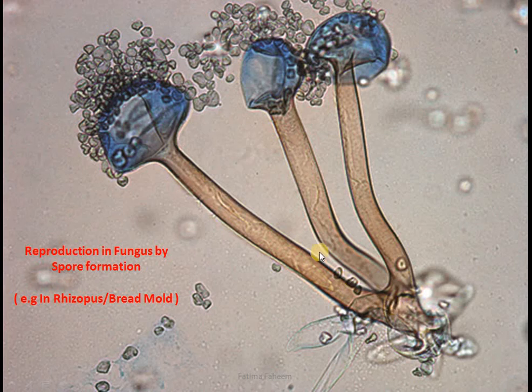On the other hand, fungus reproduce by spore formation, which is seen in bread mold and Rhizopus. I told you that the vertical hyphae contain spore-producing bodies called sporangium. They produce many spores which are dispersed into the air when the sporangium bursts, when it matures. The spores, on landing on a suitable substrate, provided that they get suitable pH, temperature and moisture, would lead to the formation of a new mycelium.